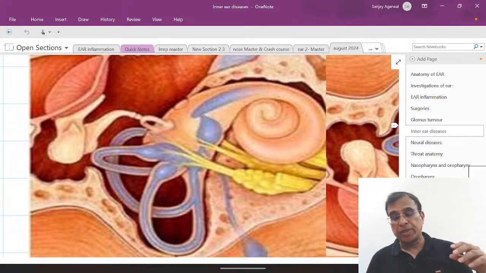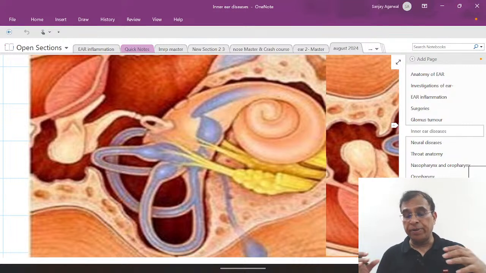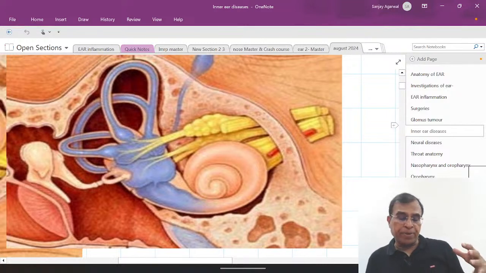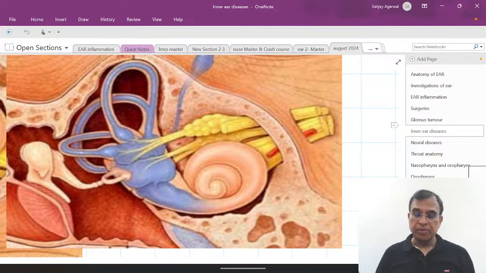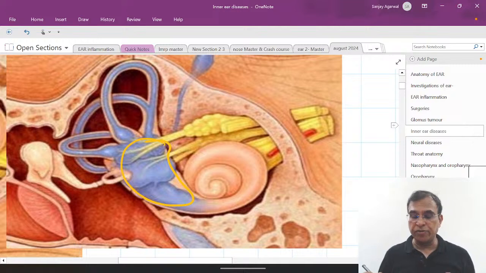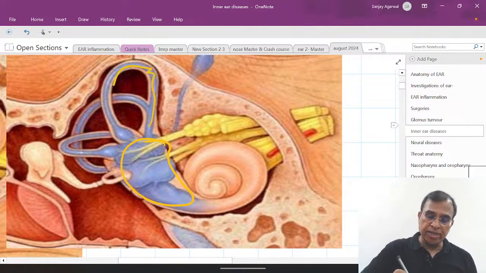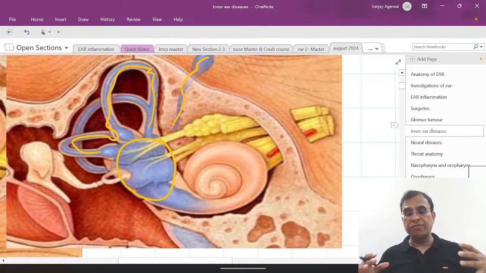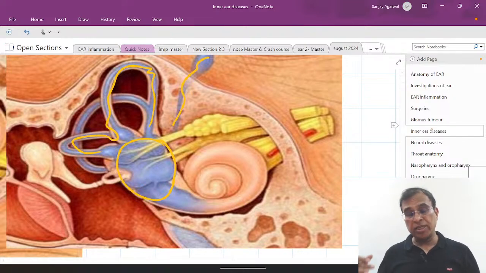This is a normal image. In Meniere's disease, the quantity of endolymph increases and the membranous sac increases in size, and it becomes like this. The increase of the size has happened because there is more fluid. That fluid is accumulated only in this area of the inner ear, that extra fluid. It has not gone here. This area has not received extra fluid. There is no extra fluid in this area also of the cochlea. Only this small area of the inner ear has little extra fluid, and that is causing the problem of Meniere's